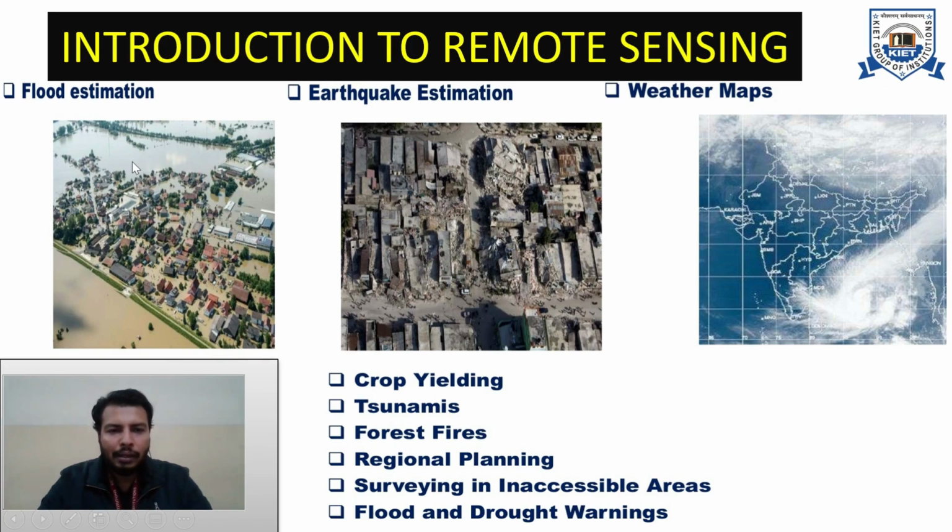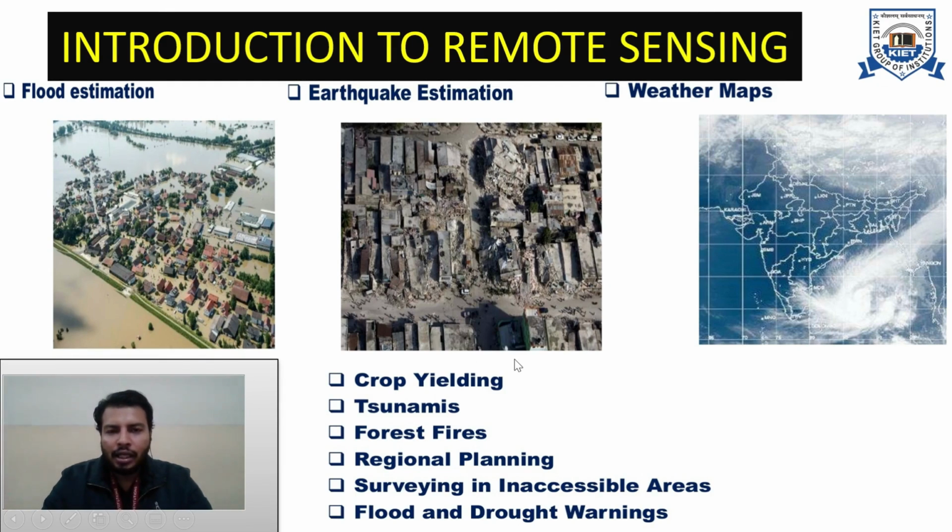So what are some application areas? The technique of remote sensing can help to estimate the amount of flood, or to what extent one area is getting flooded. This type of data can be obtained. Then what are the post-earthquake effects, or post-disaster effects, that have occurred after an earthquake? How much damage has been done? What is the pattern of the damage? That kind of observation can be recorded. Then information related to weather: weather monitoring can be done. What is the weather of a place, how the climate and all those things are changing, can be dynamically monitored with the help of remote sensing.